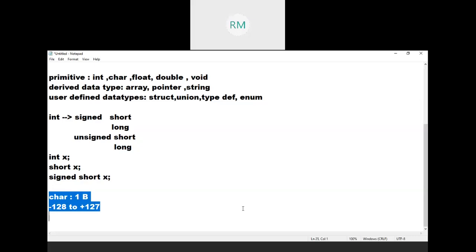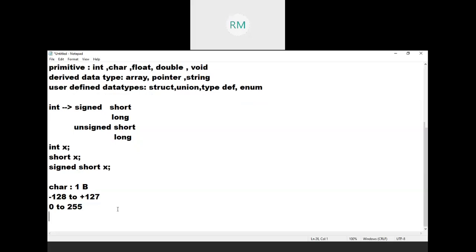Okay. So for unsigned char, the range is 0 to 255. That means we have 256 characters. You know what the equivalent character of ASCII value 0 is? It is \0, the string termination character. I think you know this one: the null character. The null character \0, its ASCII value is 0.